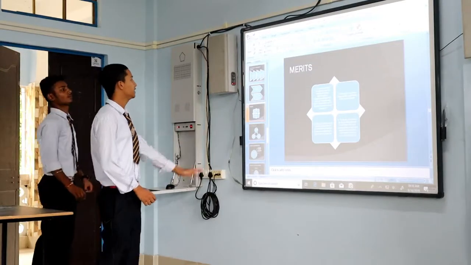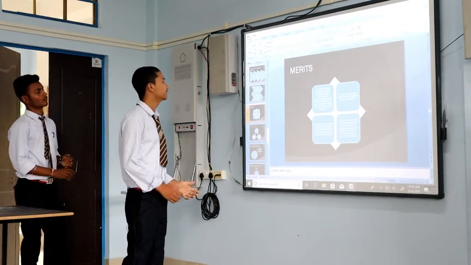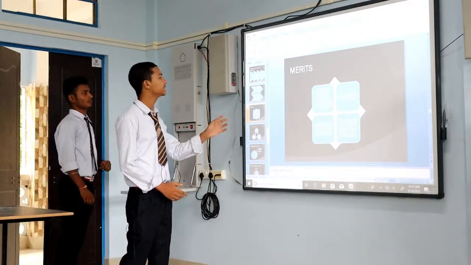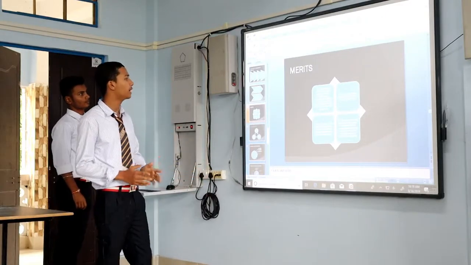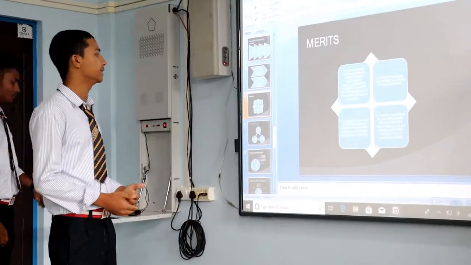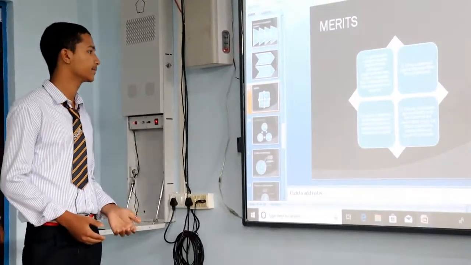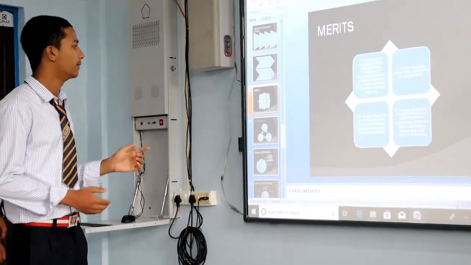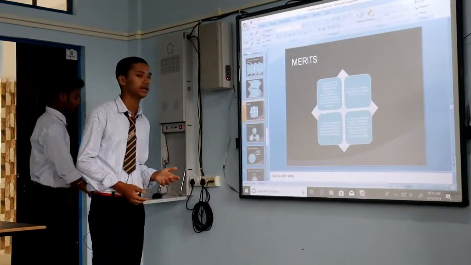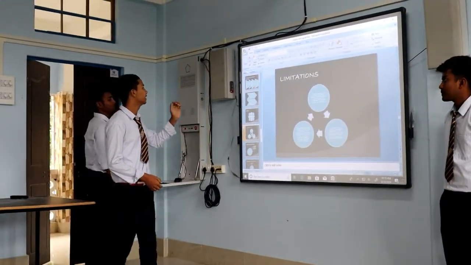So here are the advantages of government companies. The first one is a government company can be established by fulfilling the requirements of the Indian Companies Act. The second one is it has a separate legal entity apart from the government. Third one is it enjoys autonomy in all management and decisions and takes actions according to the business. Fourth one is these companies, by providing goods and services at reasonable prices, are able to control the market. So these are the limitations of